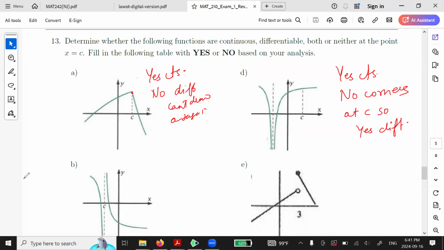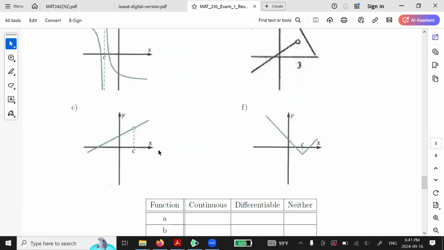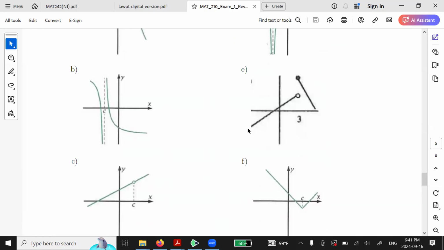Okay, let's do more. Brush, clear out drawing, cross. Okay, now, what about here? I can't draw a tangent here, right? I'm ending up with the function is breaking at C. Is it continuous? Clearly not. Is it differentiable? Clearly not. If it's not continuous, it will not be differentiable. That is out of the question. Is it continuous at C? It's breaking, right? You can just see. If it's not continuous, definitely it won't be